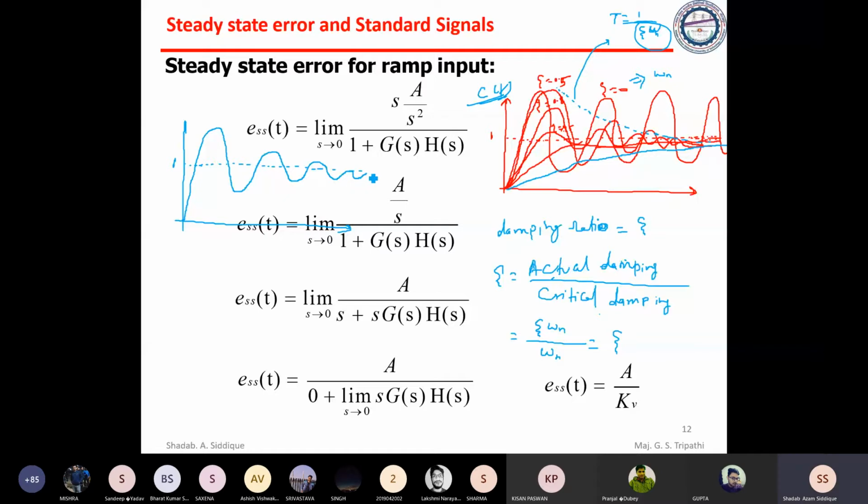You can have it like this. So this is basically zeta is equal to 0.5, and this is decaying with the factor 1 by zeta omega n, that is the time constant. So 1 by zeta omega n is the time constant of a decaying function, which comes from the exponential term. So it is an exponentially decaying function, that is basically decreasing.